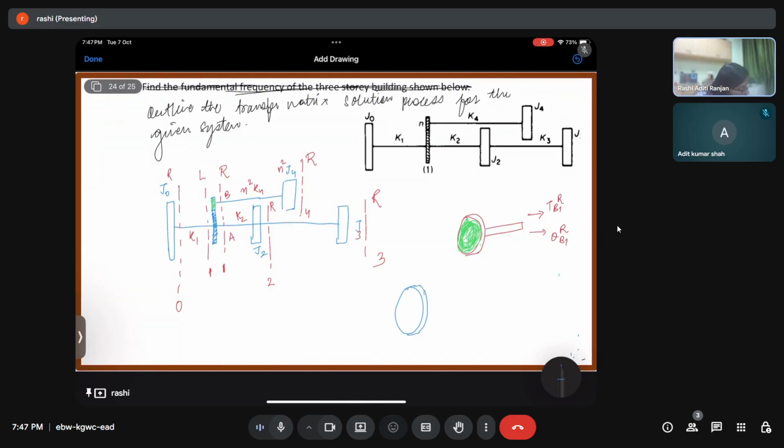Here we are going to have two shafts, one over here, another over here. For this part, we are concerned about the right hand side. So here we are going to have torque T A1 of R, and then theta A1 of R. Here we are again going to have torque, which is going to be T A1 of L because it's of the left hand side, and then we are going to have